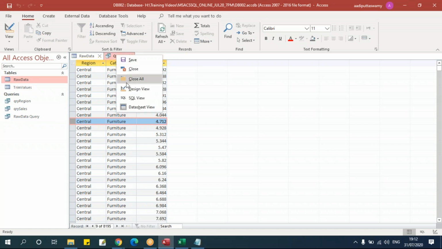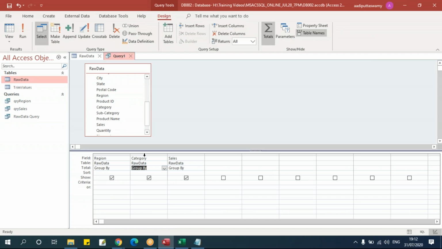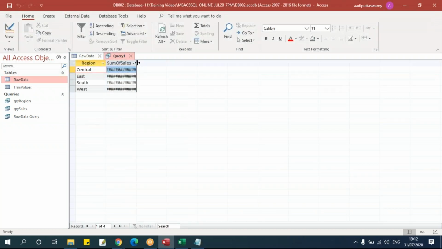So if you want to do something like that, let's go here. As of now, I'll just take out this category. We'll have only this region column. We'll understand how this group works, and then we'll add more columns. Instead of this group by, I'll go here and select this sum. I just click here in the drop down. Here I'll say sum. Now this will become an aggregate function. Let me run this. Here it will give me the aggregate values. That is, in central, the total sales, east total sales, south total sales, and west total sales.